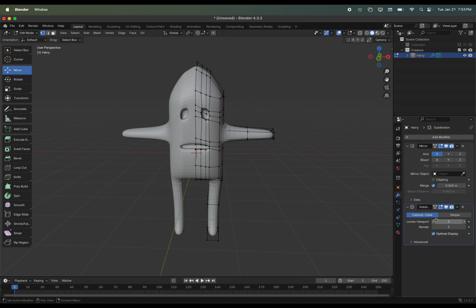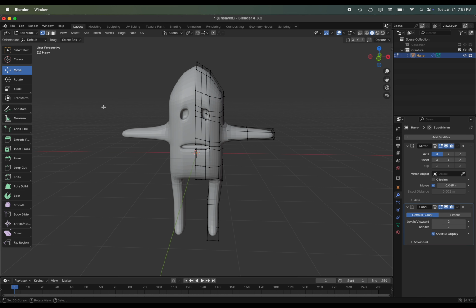People will often put the viewport to a lower number just so that there'll be less processing, but you can increase it to see what it would actually look like at some different values. Recommend not going overboard with the amount of subdivision surface because it'll really increase the processing.